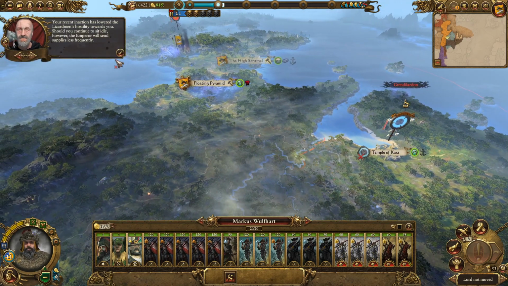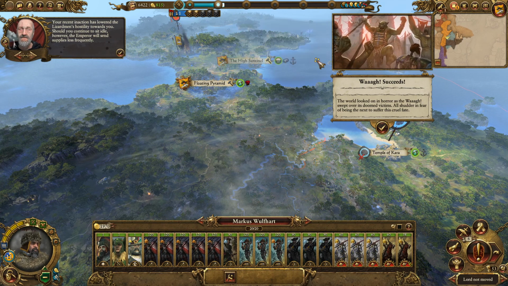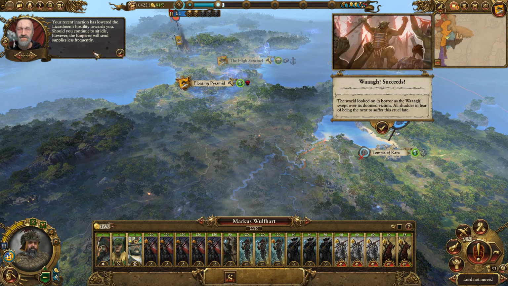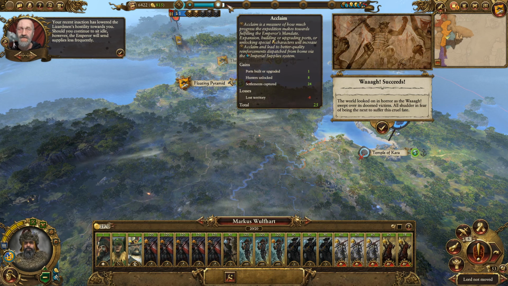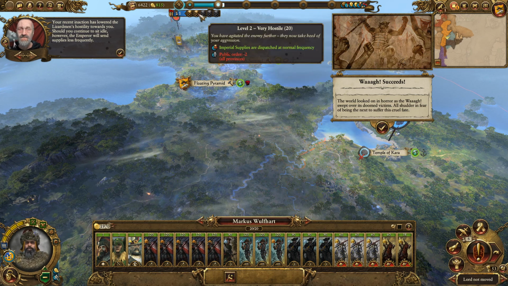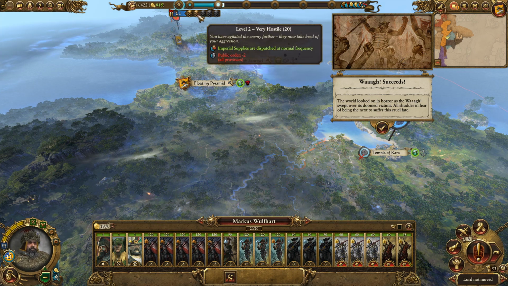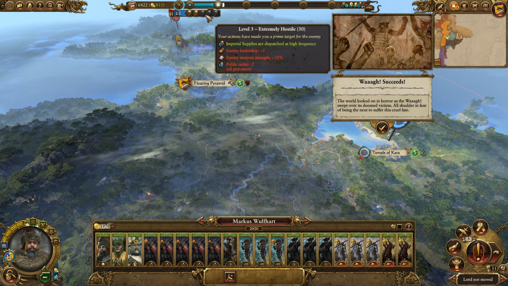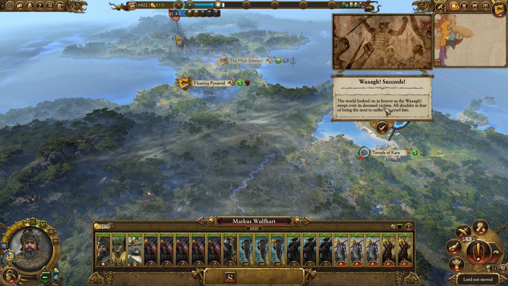Your recent inaction has lowered the lizard men's hostility towards you. Should you continue to sit idle, however, the Emperor will send supplies less frequently. Yeah, so the fact that we haven't attacked the lizard men has meant our hostility has decreased. Also, the Wa succeeded. I assume that was...